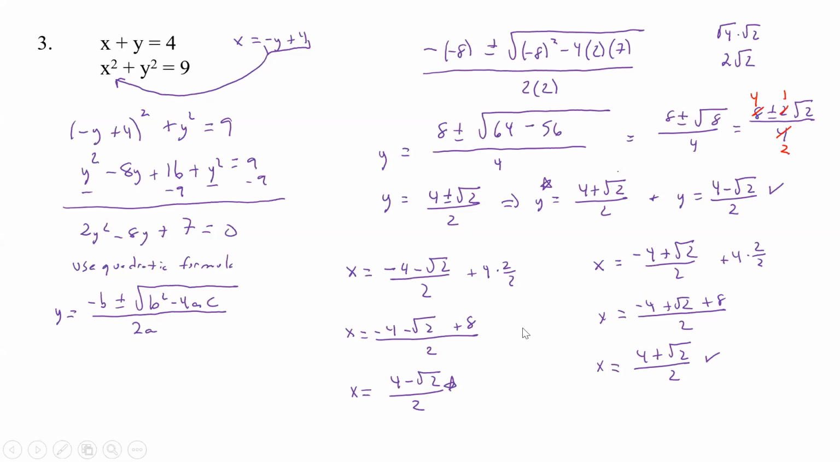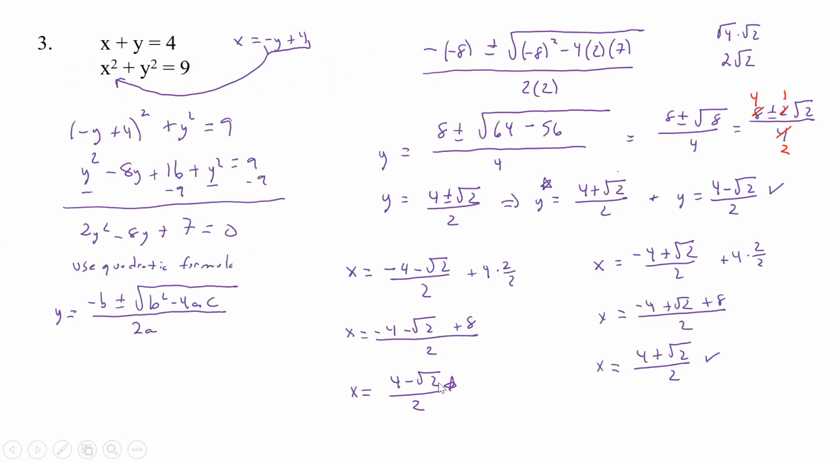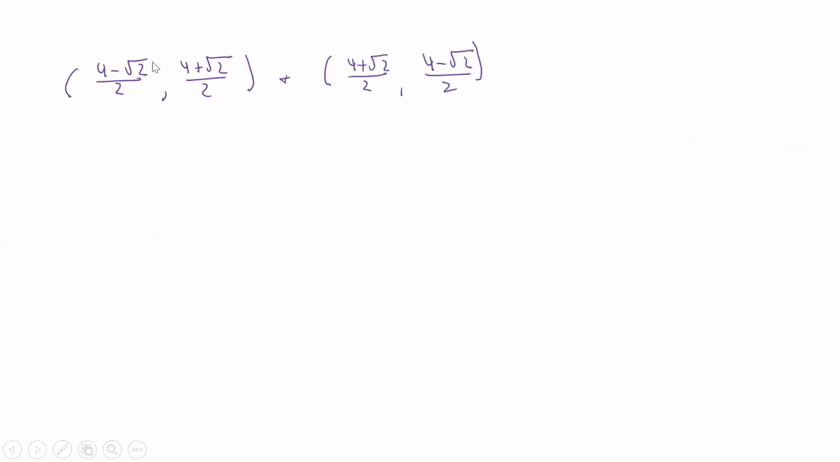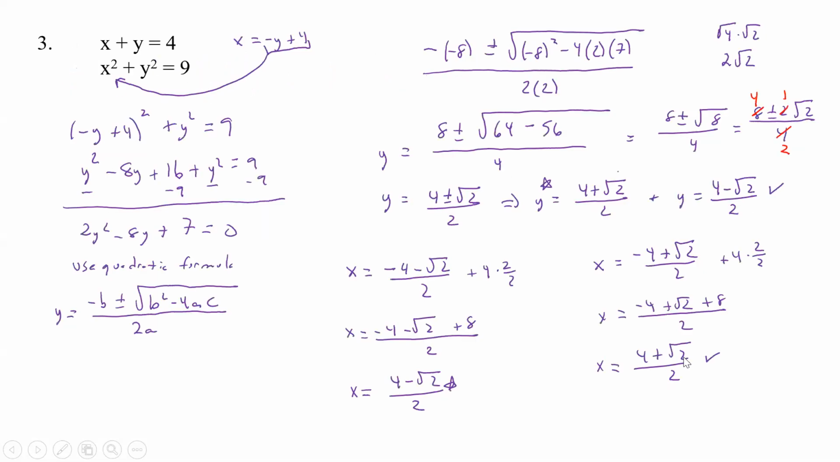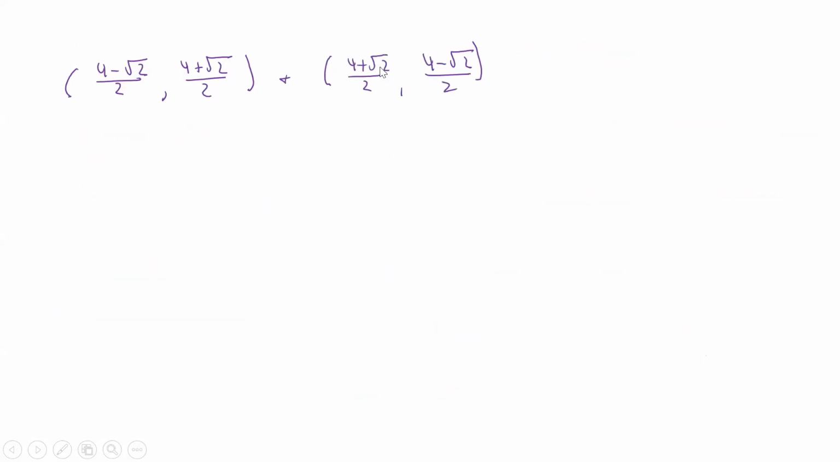And so that gives me basically 2 points. The 2 points are going to be 4 minus the square root of 2 over 2, comma, 4 plus the square root of 2 over 2, and I also get 4 plus the square root of 2 over 2, comma, 4 minus the square root of 2 over 2. Okay, so I have the 4 minus the square root of 2 over 2 with the 4 plus the square root of 2 over 2, which is what that one is. And this one I have 4 plus the square root of 2 and 4 minus the square root of 2. So I've got two solutions, and again,